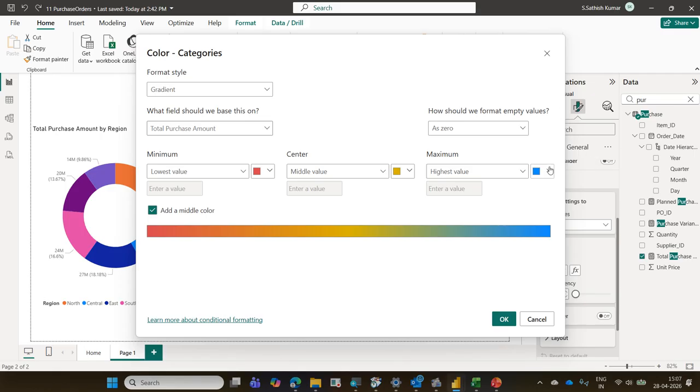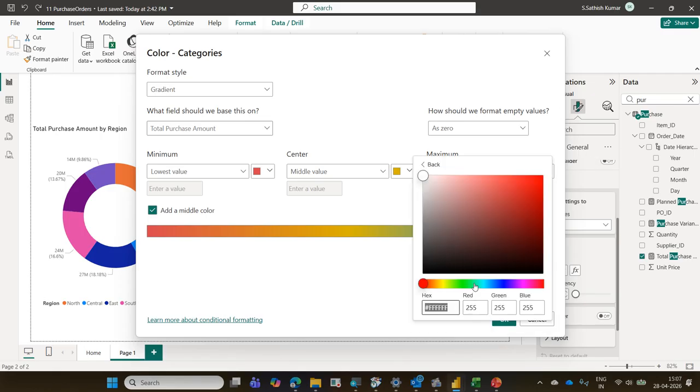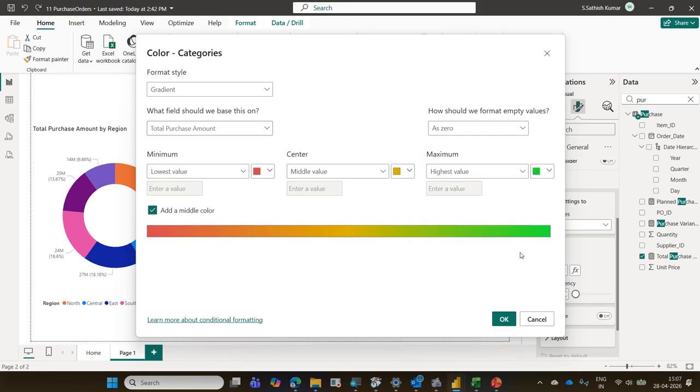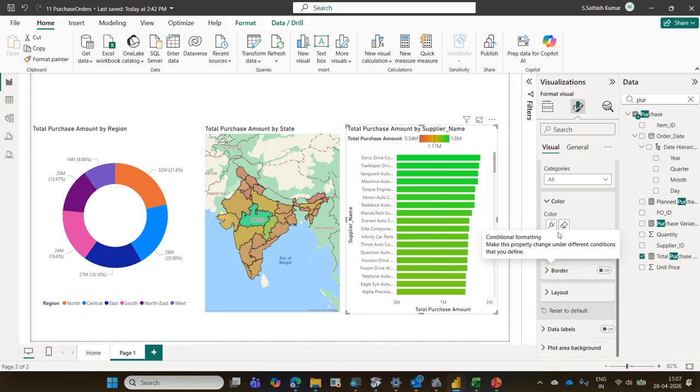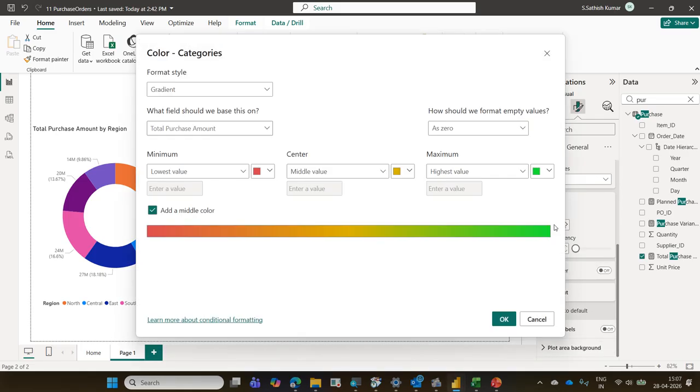If you already did it, use format painter. If you didn't do it, you have to do it again. Go to format, bars, effects, gradient, total purchase amount, lowest is red, middle is yellow, highest is green. That is the top 10 part. Now,